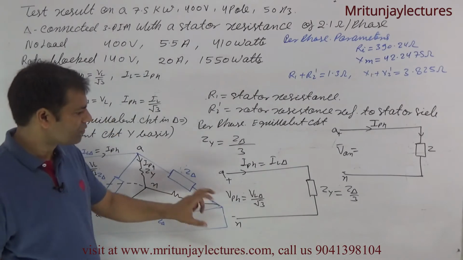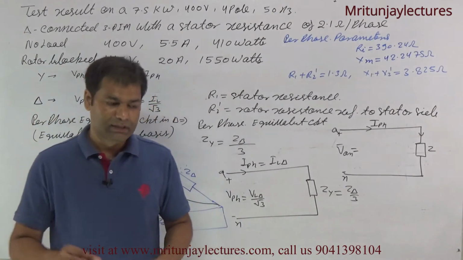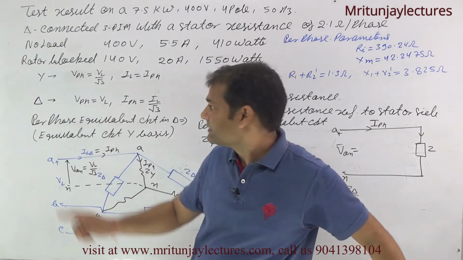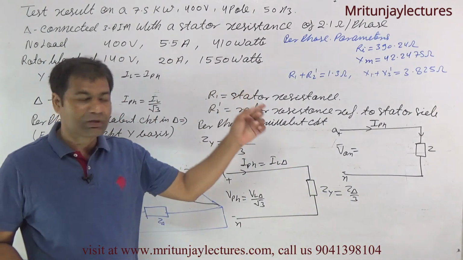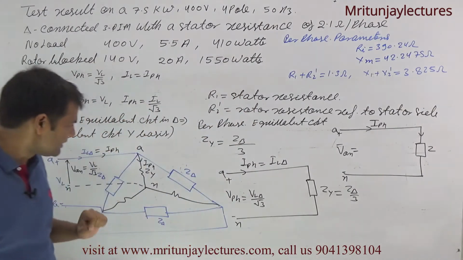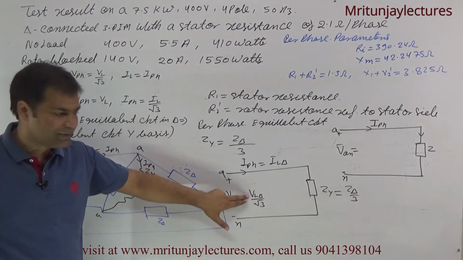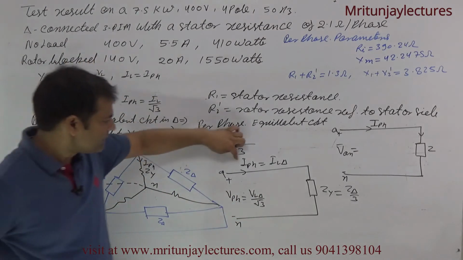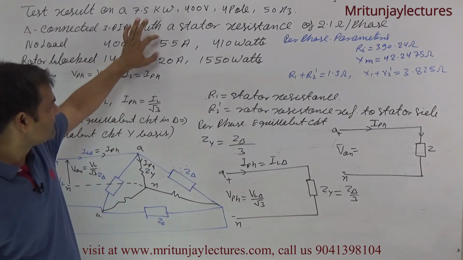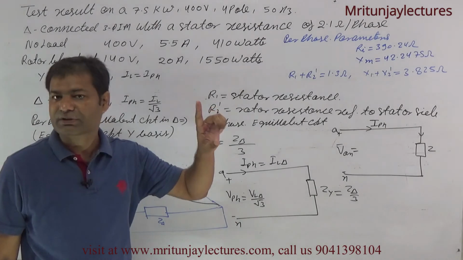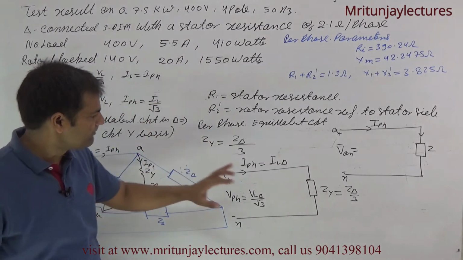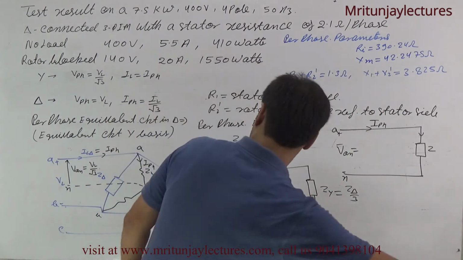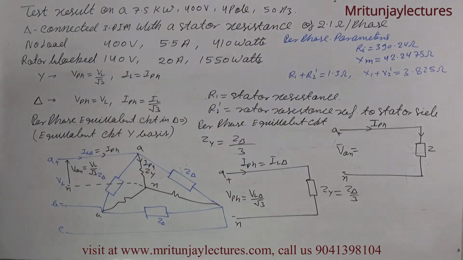Okay, now compare why, in the starting, all parameters are given in delta connection, but we have taken star. It is clear. If all are converted to equivalent star, then phase voltage is equal to line voltage by root 3. That's why we have taken by root 3. Phase current and line current are same. That's why this current is always not divided by root 3, always the same current. Okay. Now what about impedance? First of all make it. After that we have discussed.